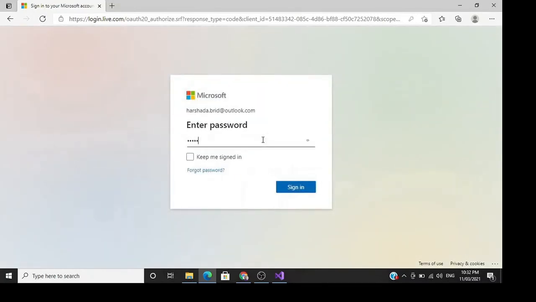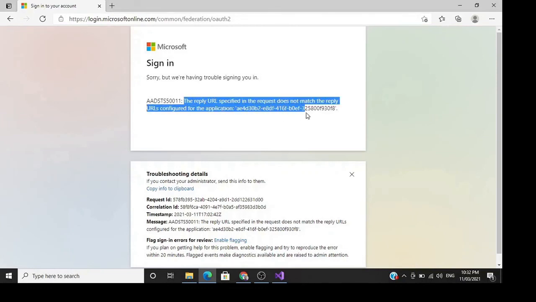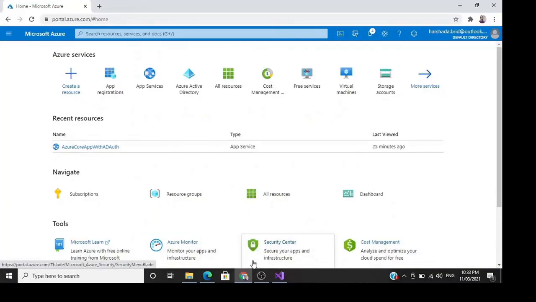Enter password. Sign in. Now we got an error: the reply URL specified in the request does not match the reply URL configured in the application. This is a very common error. This occurs when we do not have a proper reply URL in the app registration.